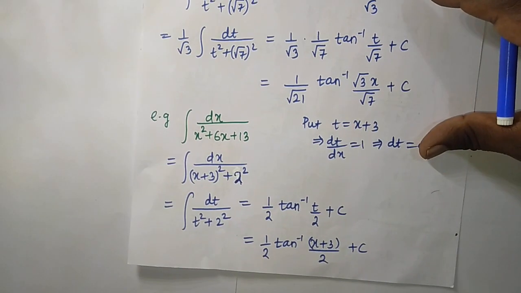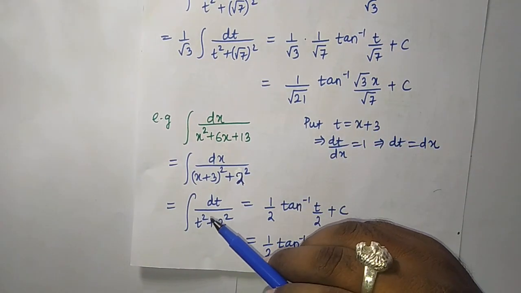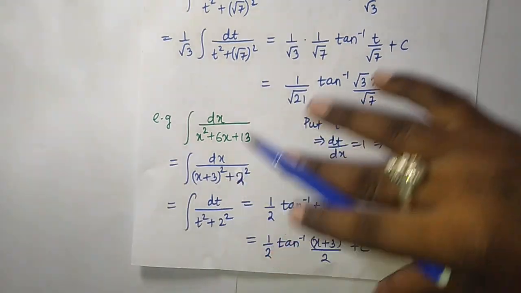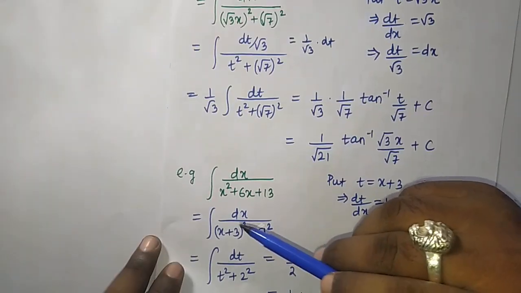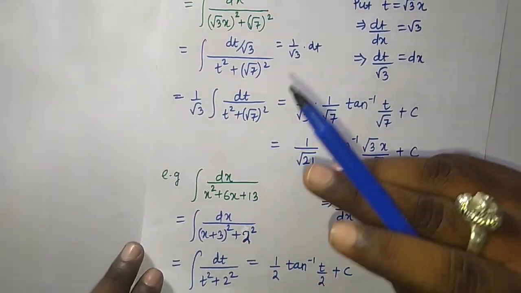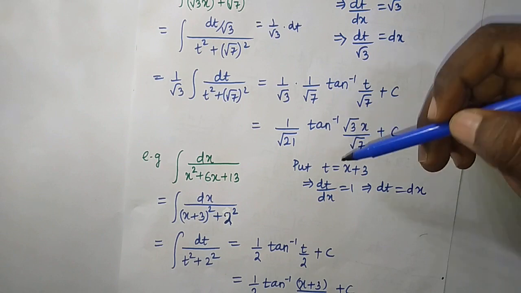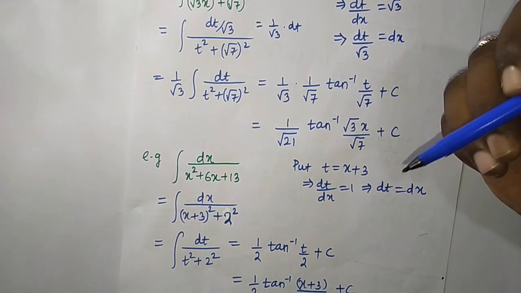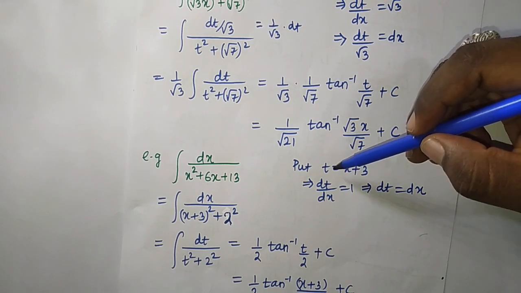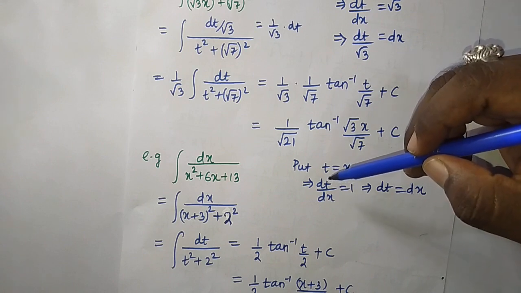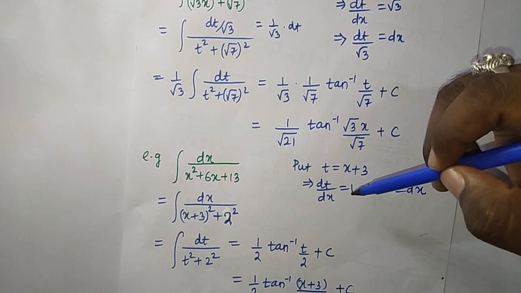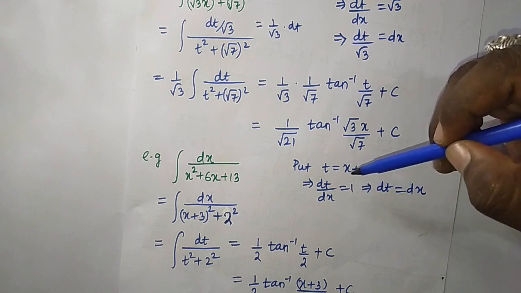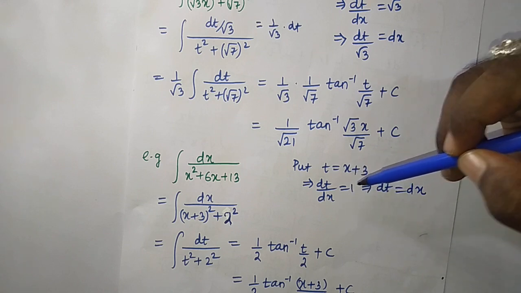Now we got it in the general form like this. And in place of x, here x plus 3 is there. That is the difference. So what we will do? Again we will use substitution method. We will put t is equal to x plus 3, then dt by dx, derivative of t is equal to derivative of x, which is 1, and derivative of 3 is 0. So 1 plus 0 is 1.